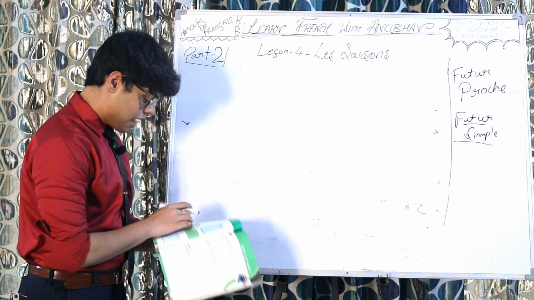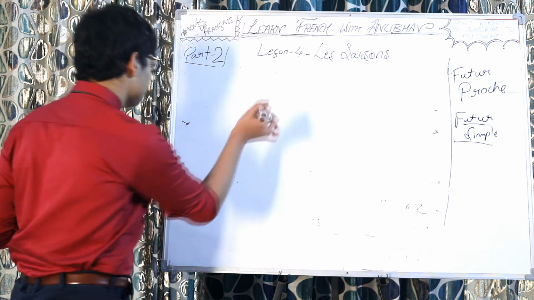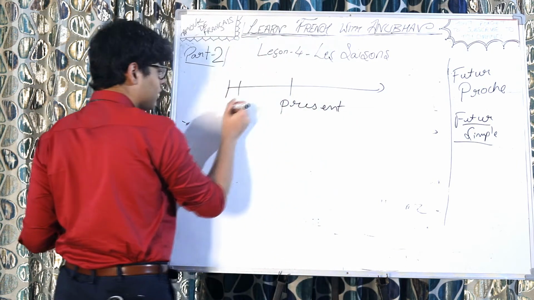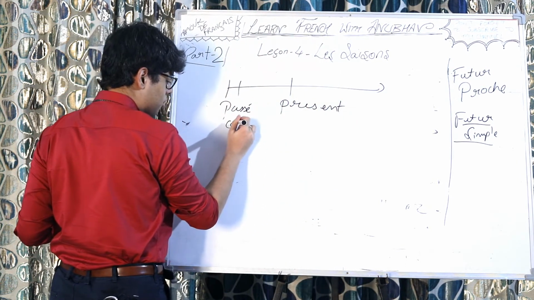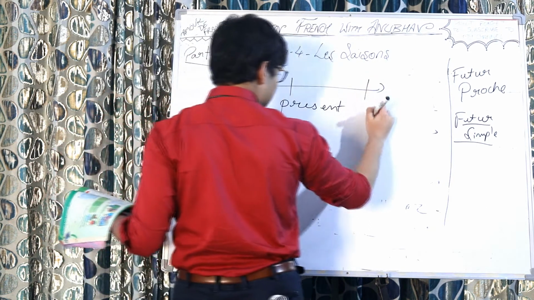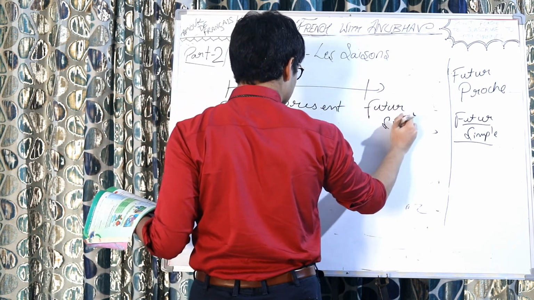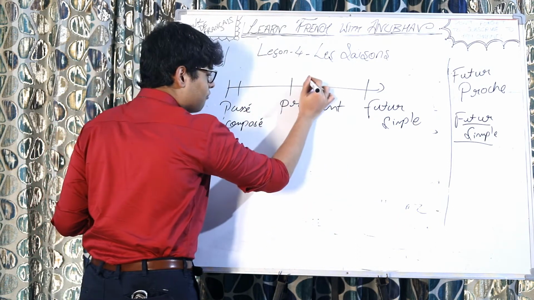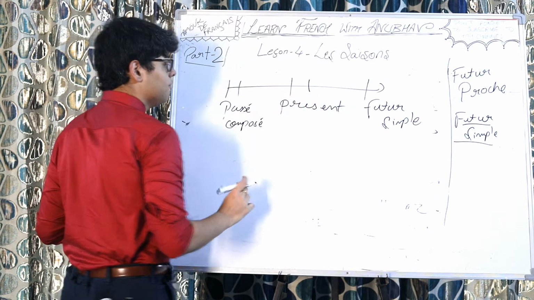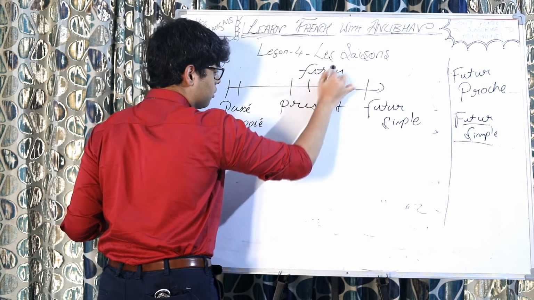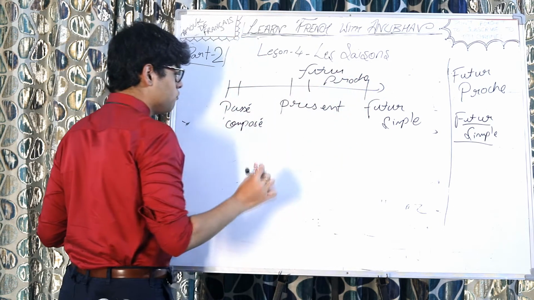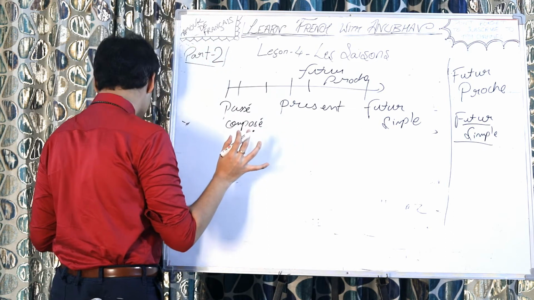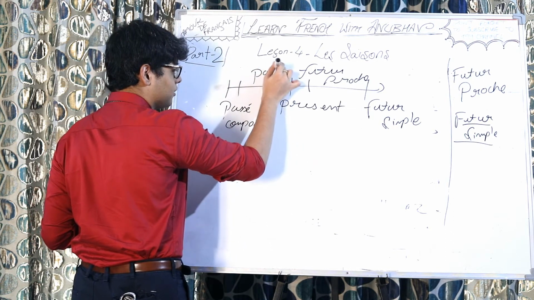Okay, then we have a time chart, like where to place the tenses. In the middle, if there is present, so on this end, we will have passé composé, which is the past tense. Here we have futur simple, which is the future tense, and just after présent, on this side, we have futur proche, near future, and just before the present, the event which just happened, which will be passé récent, the recent past.